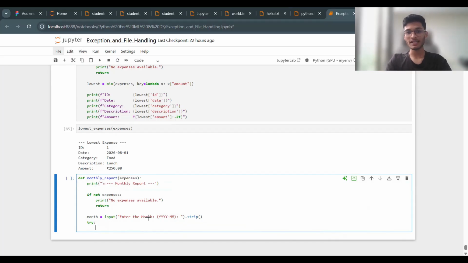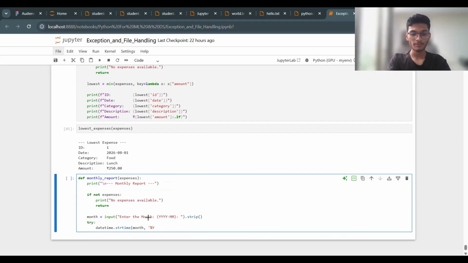Whatever is the input, from that I'm going to parse the month. So here we are going to use datetime.strptime,